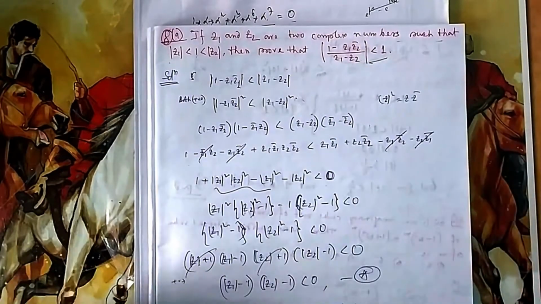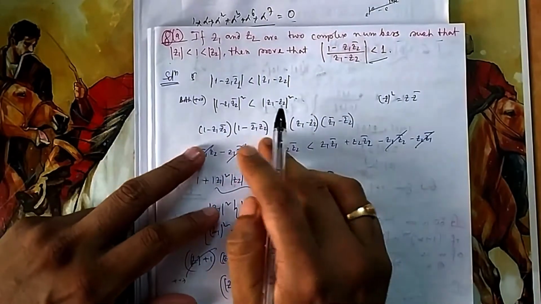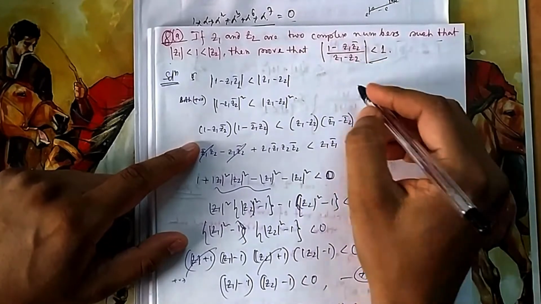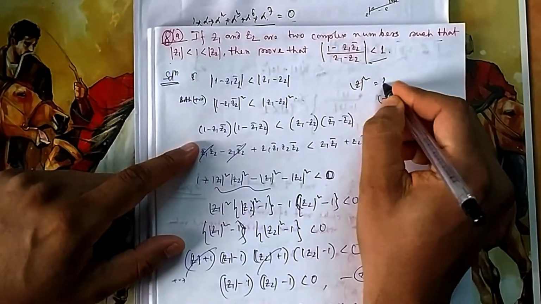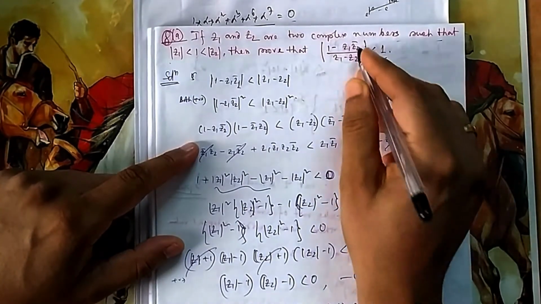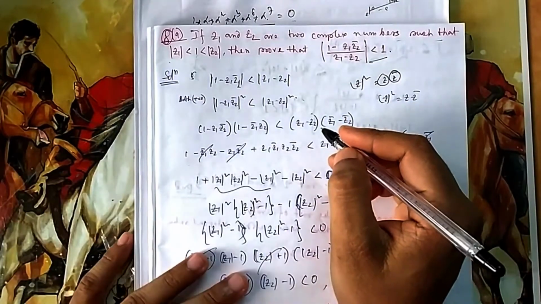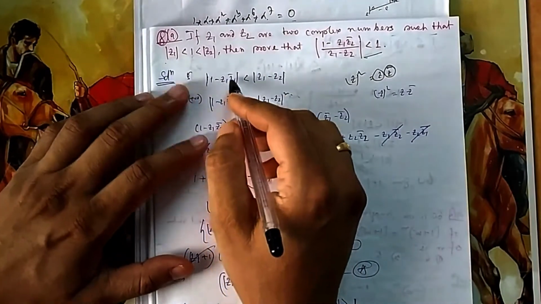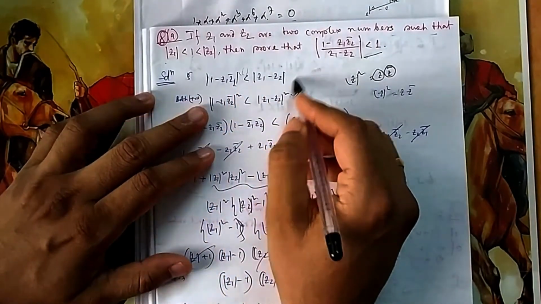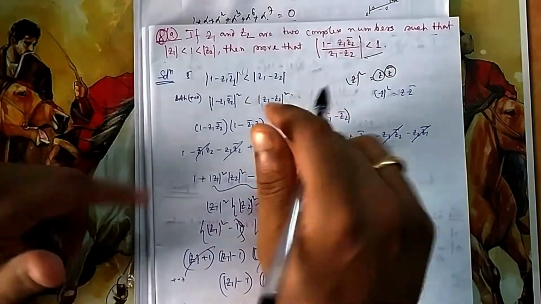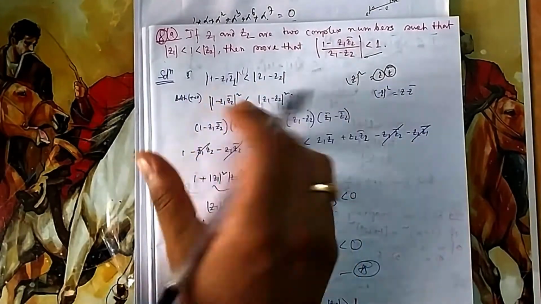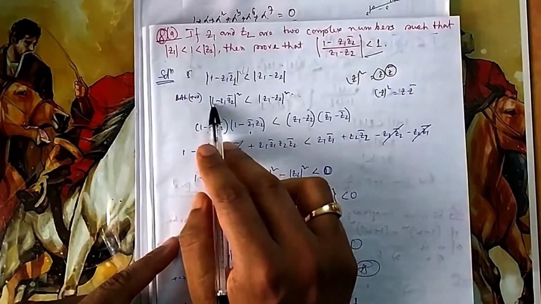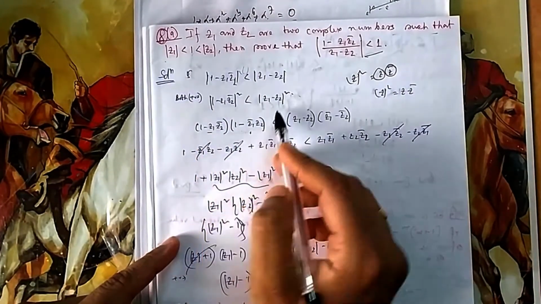For that, you can see this is less than this, so if you take the square of this one, then you can introduce conjugates, because mod z square is nothing but z into z bar. From that you can introduce z bar and all this. Also both are positive, so you can multiply both sides by the same numbers. That's why you can square it, because the mod is positive. So it is nothing but this into the conjugate of this one. What is the conjugate of this one? The conjugate of 1 is 1, and the conjugate of this one is this.